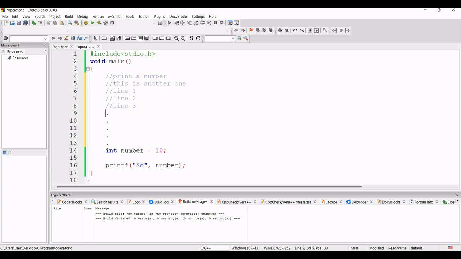For that reason, in C there is another approach to comment out lines. Here I have to give one slash sign, then one multiplication sign, and where I want to end the comment, we have to give one multiplication sign and one slash sign. So from here the comment has started and here the comment has ended. This is called a multi-line comment. By the help of these two signs, we can use a multi-line comment. Here we can write anything we want, and that will not be executed. If I compile and run it, no problem, 10 is printed, because these two lines are printing 10, but these lines are not printing.